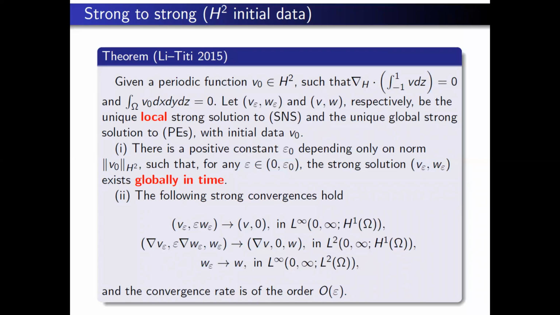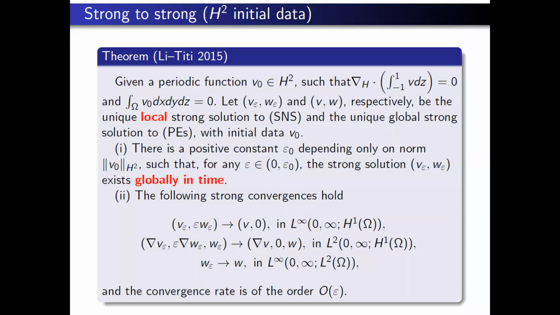Then, here is the result. There exists a positive number epsilon depending only on the H2 norm, and this is in some sense related to the thin domain result of Raugel, Sell, Temam and Ziane, because you see the thickness is depending on the initial data. They formulated it dually, namely they said the initial data depend on the aspect ratio when it is small. Now we'll do the opposite.